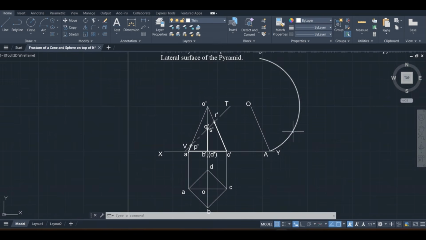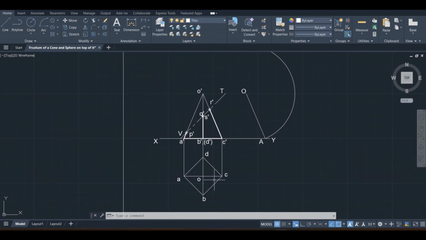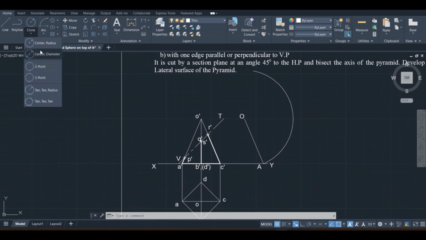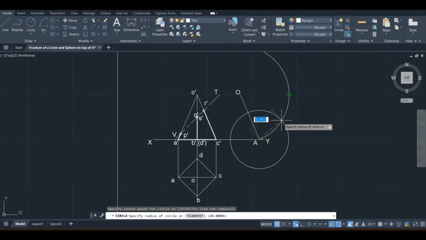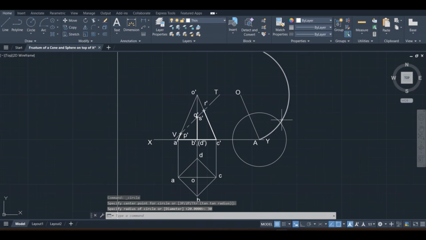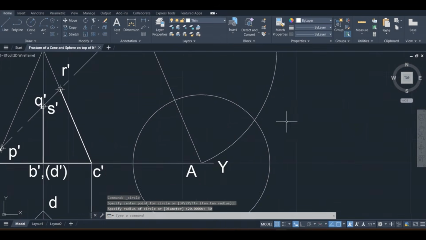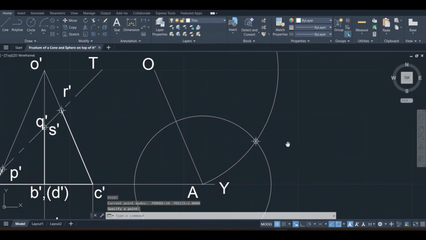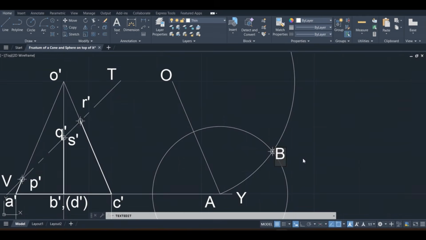So mark the points on this arc at a distance of base side. The base side is given as 30 mm. Now I'm taking circle A as center. I'm taking the radius as 30. Now the circle is intersecting this arc at this point. There I'm marking a point. So its name is B.